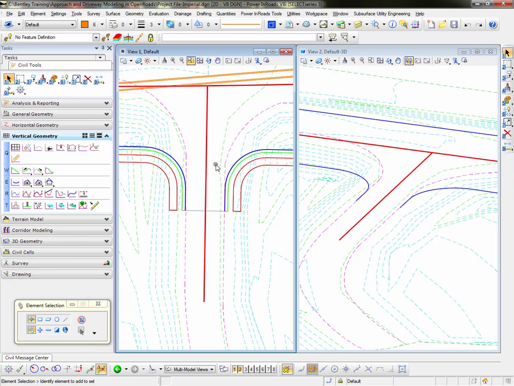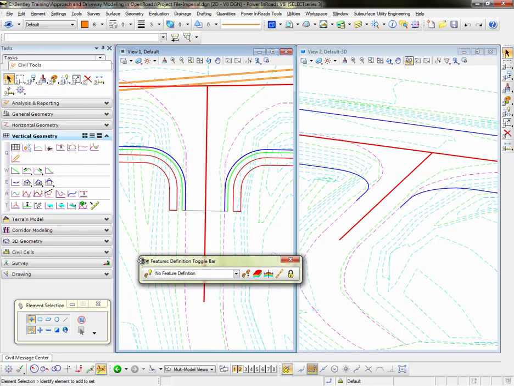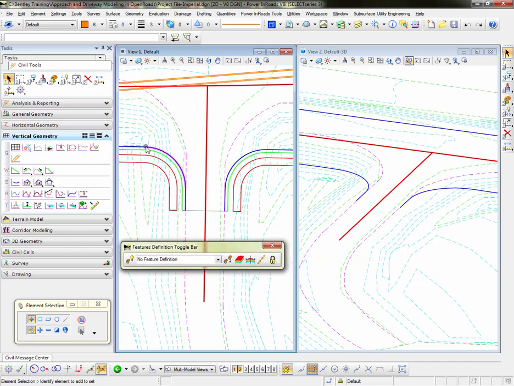Remember, one of the key elements or key concepts in Open Roads is working between the 2D view and the 3D view. Open Roads has the functionality to allow you to create the three-dimensional element simultaneously or automatically while you create the horizontal element. And that's what we're going to do here. So we're going to create a match line that connects through this proposed edge of pavement across the front of